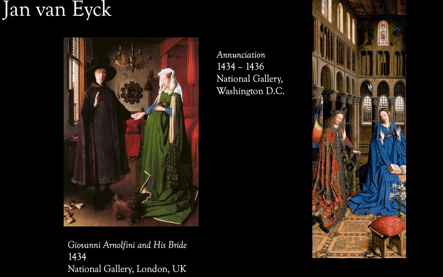And actually, if you were to look in the mirror behind the couple, you would see a perfect reflection of the room, including the artist painting them at the time. So that's an example of the level of detail that was present in these paintings. You can also see that the technical skill is maybe not as precise or as perfect as the Italian Renaissance artists. Perspective is utilized, but it is not as strong and carefully perfect as we see in some of those Italian paintings. On the right, we have an example of one of Jan van Eyck's altarpieces.